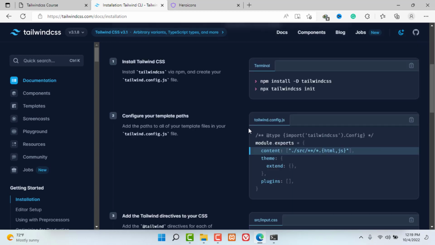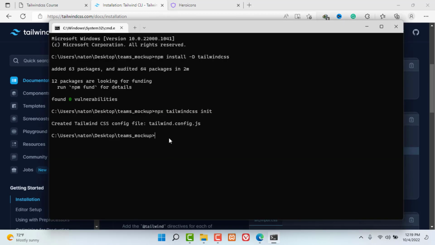So it is very simple, because we're just going to come and grab this specific line here and have it within our tailwind.config.js. So that now means that we need to have the tailwind.config.js file open. So now let's head on back to our terminal here, and now I want to open the